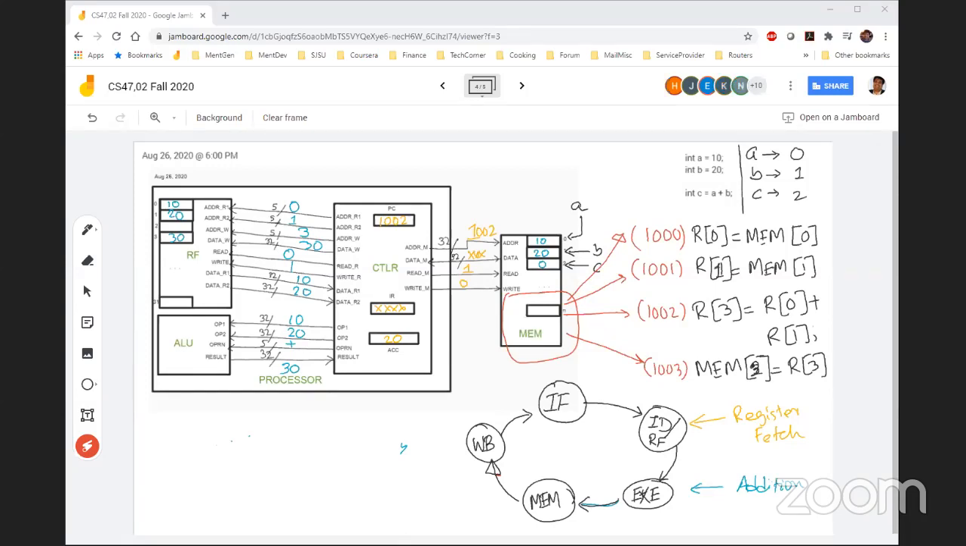Okay, now on to the very last step. We need to write back the result from R3, which is 30, into memory 2, which belongs to the variable C in the high-level program, right? So we do this now, okay? Now instruction fetch again. So this goes to the instruction fetch. Same thing happens. It increases the program counter by 1, so it becomes 1003, and this address is sent